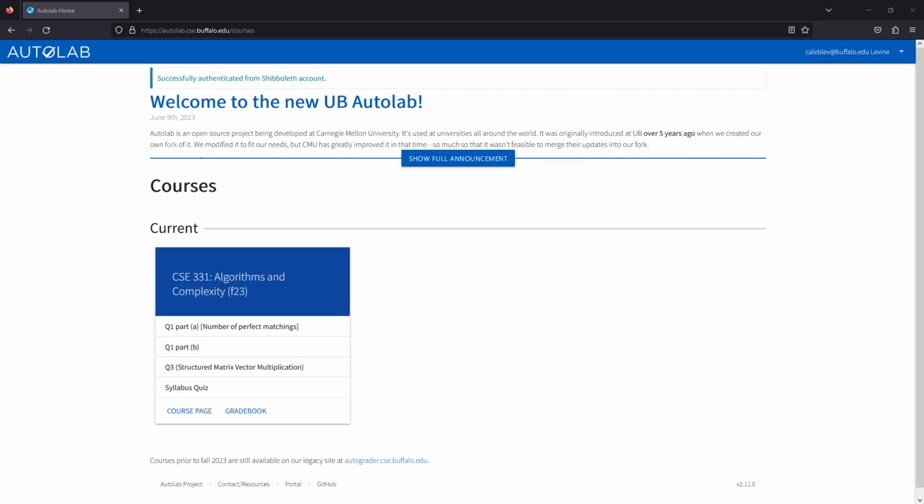Hey everyone, today I'll be demonstrating how to submit files to Autolab, including how to preview Autolab submissions and how to interpret AutoGrader feedback. First, make sure your URL begins with autolab.csc.buffalo.edu. This is a different website than UBCSC used prior to summer 2023, so you may need to update your